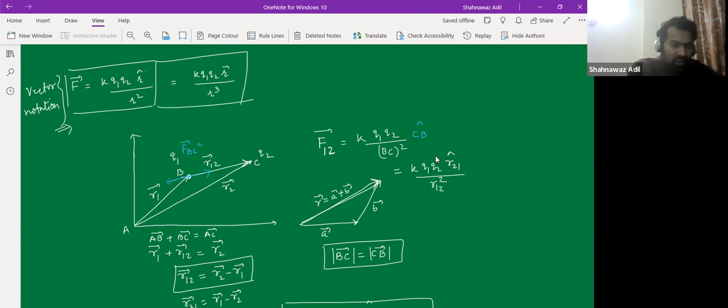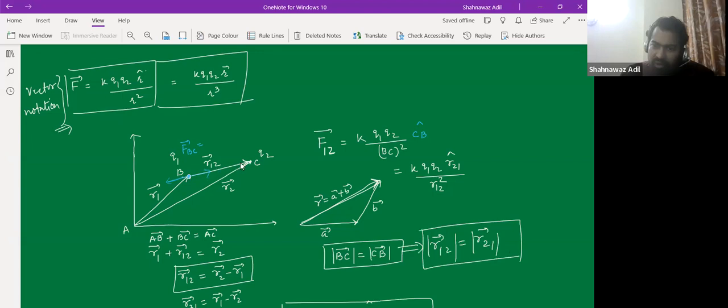So in here I can also add that the magnitude of this thing is equal to the magnitude of this thing, right? Because the distance magnitude from here to here would be the same if I go from here to here. Only the direction would be different, right? This was a very crucial vector form.